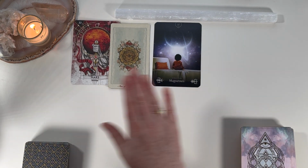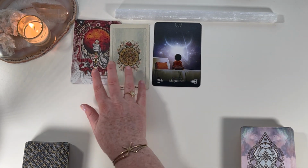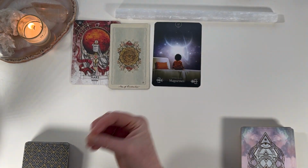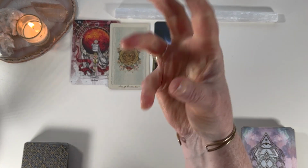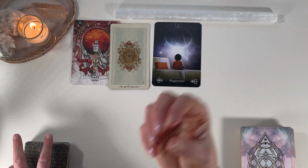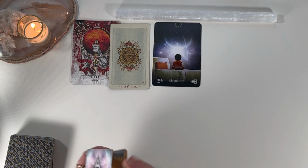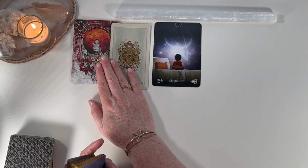Attraction, magnetism. Yeah, I always feel like Mars, Aries, Ace energy is incredibly magnetic. It's the beginning of things, which always attracts because it's so singular. It really attracts energy to it. It brings in the messages that are supposed to be had in that initiative spot. So this is just showing up very strongly for you, but there's something,